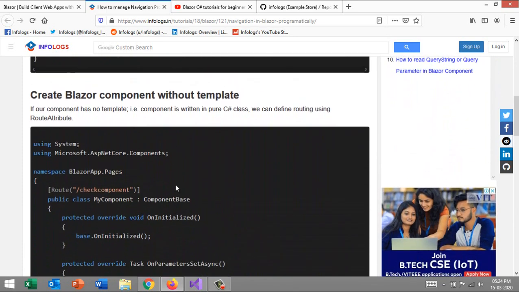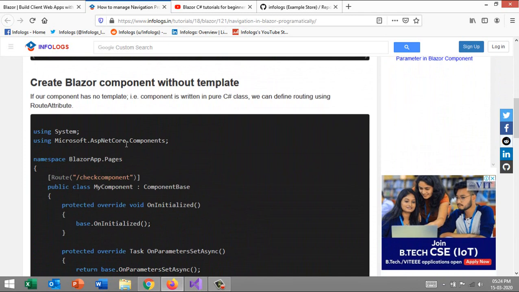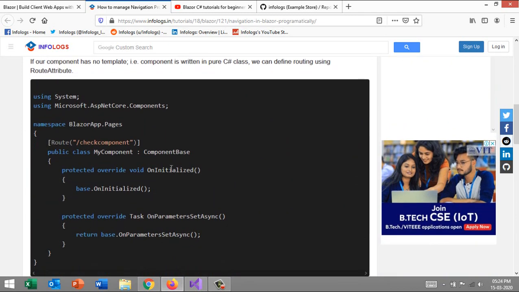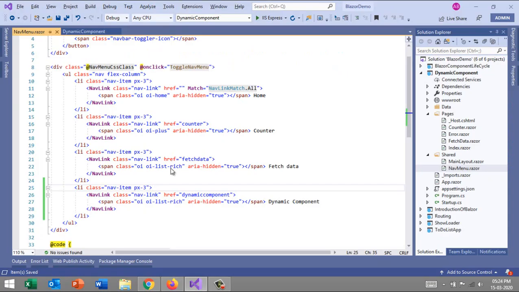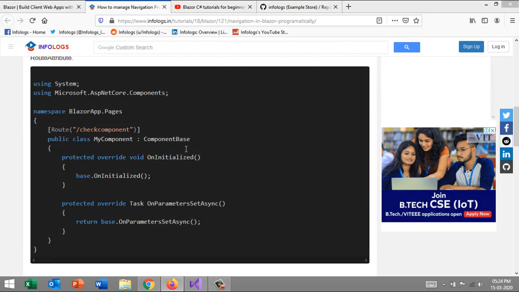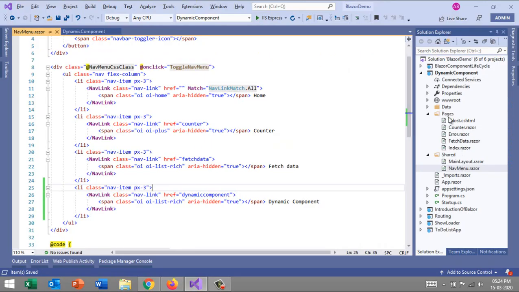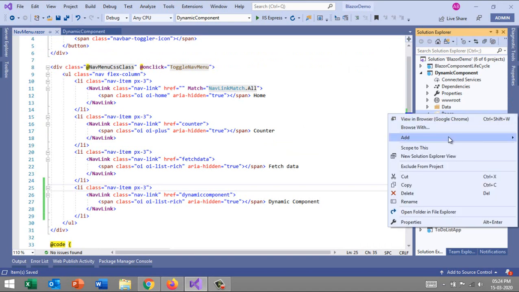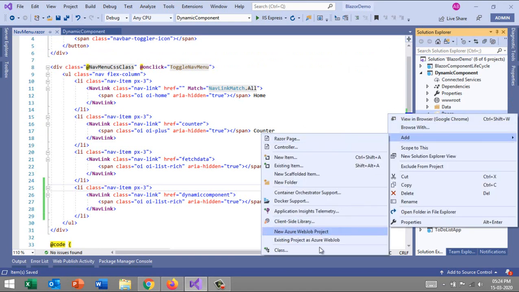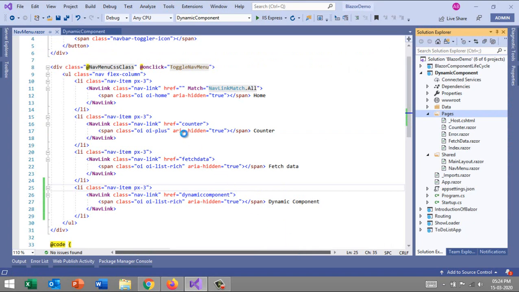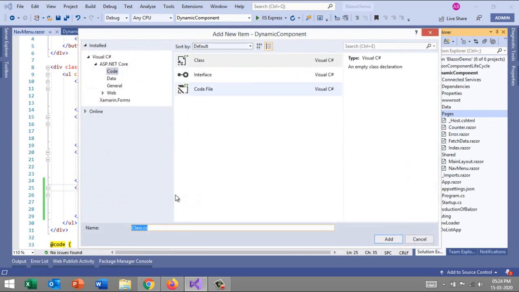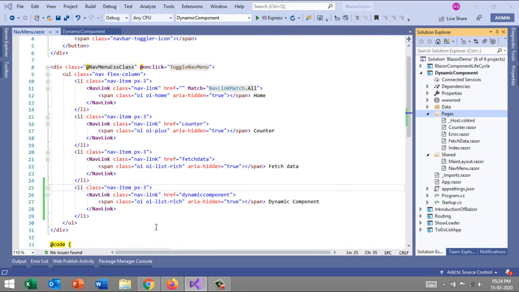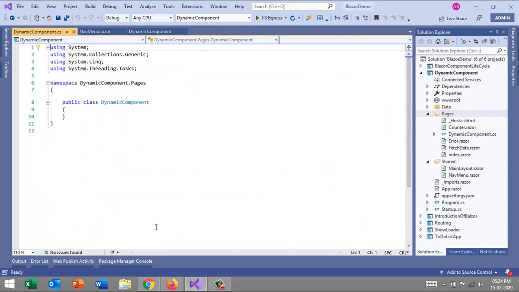Okay, now the important one is this. We need to add a class which is inherited from ComponentBase. As this is my component, I'm going to add it under the pages section, and here I'll select a class, and the class name will be DynamicComponent.cs.